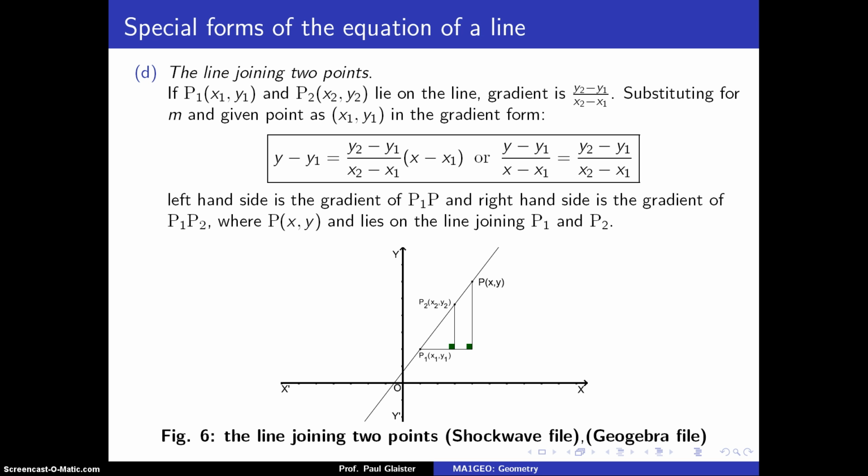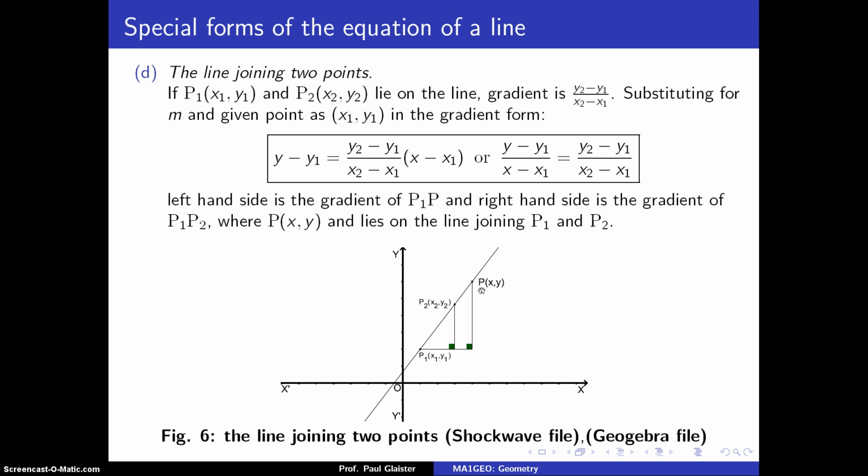Now, one useful equation of the straight line is where, rather than being given one point and the gradient, one is told two fixed points on the line, so the straight line that passes through two fixed points. If we take those two fixed points as P1 and P2 as shown, and P being the general point on the straight line, it means that the formula we had before, which was y minus y1 is m times x minus x1, can have the m, the gradient, replaced by